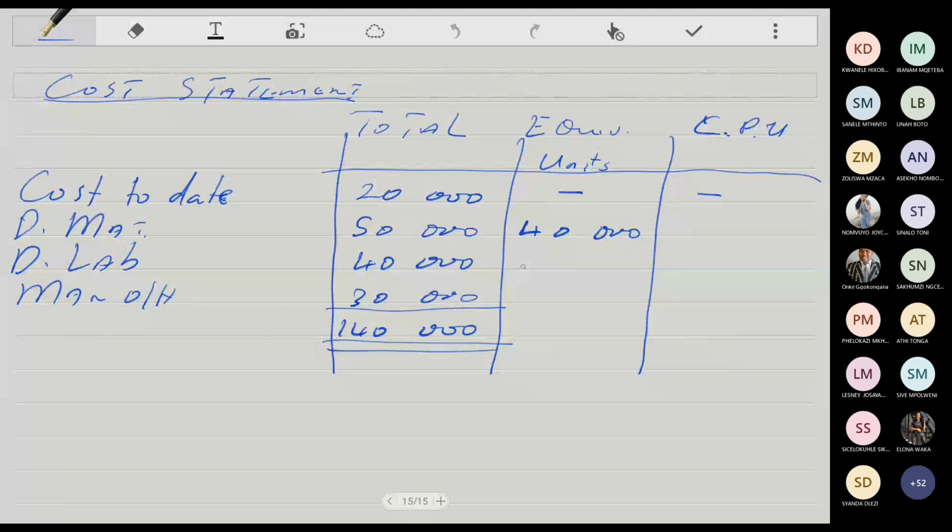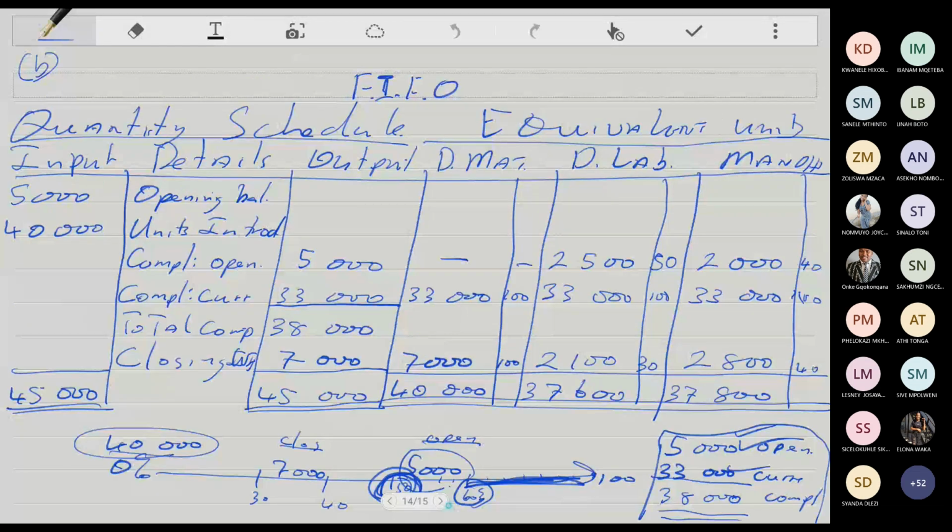So that's where you take your equivalent units, and you use those units to calculate your cost per unit. 50,000 divided by